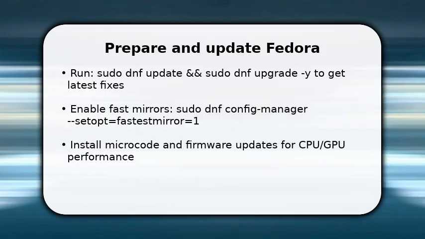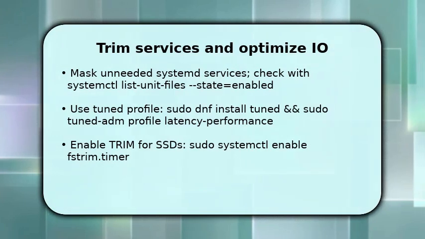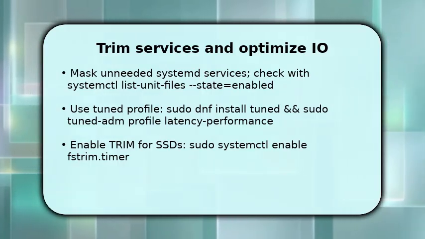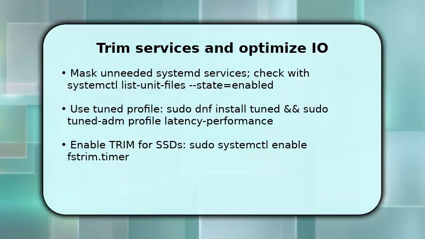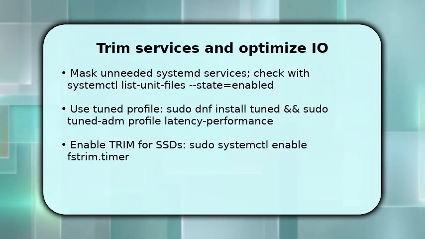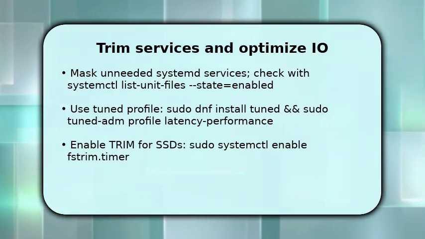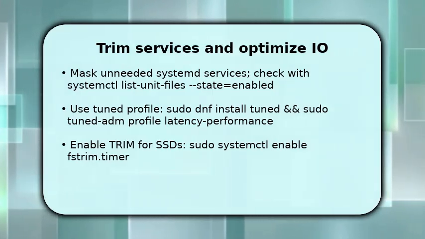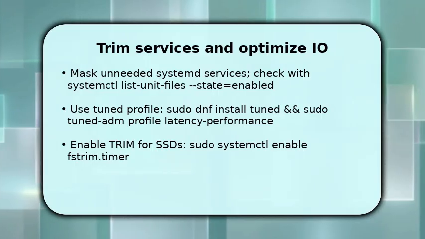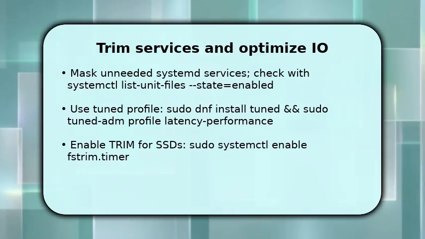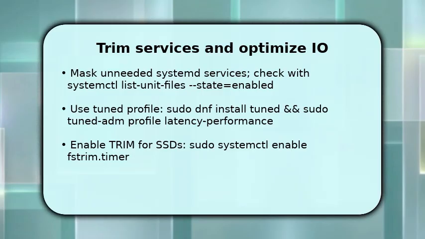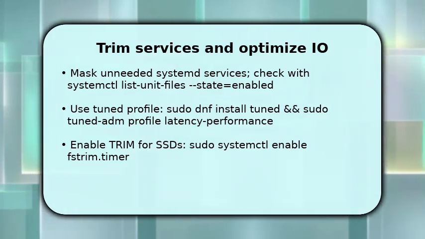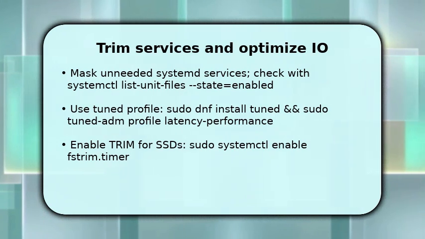You now reduce background load and improve responsiveness. Identify enabled services and mask what you do not need. This frees CPU and I/O cycles. Then install tuned and select a profile like latency performance or desktop to adjust governor, I/O scheduler, and swappiness automatically. Make sure to enable periodic trim for NVMe or SSD drives so write performance stays high. Once these changes are active, you'll notice fewer hitches and faster app startup, because the kernel and device layers you